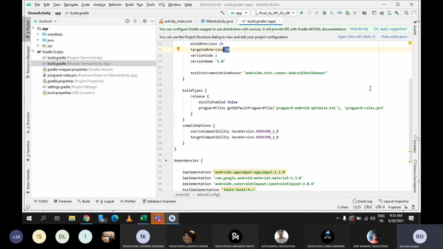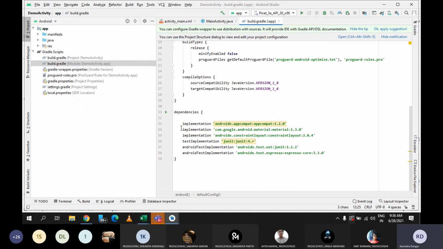And whatever external libraries you download, you need to include them, the way we include in C language, or import packages in Java. Similarly, in Android also, if your external library is there, you need to include it. And to include your external library, you need to use this file, the build.gradle file.